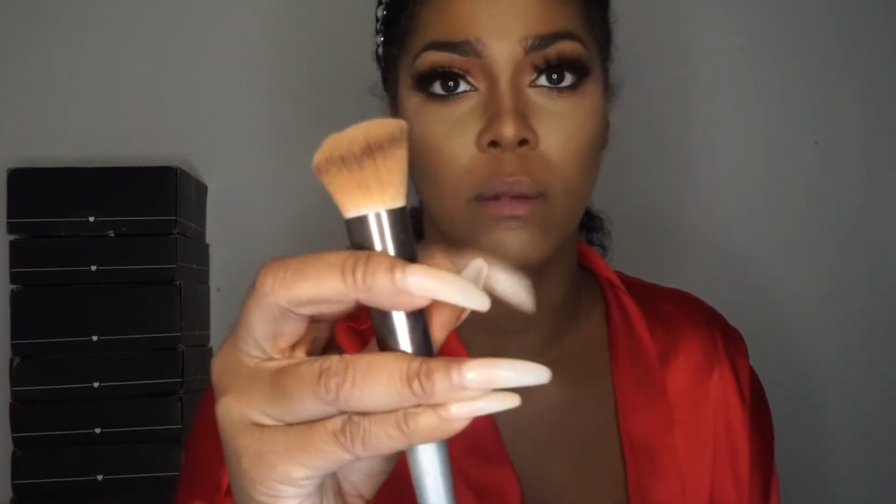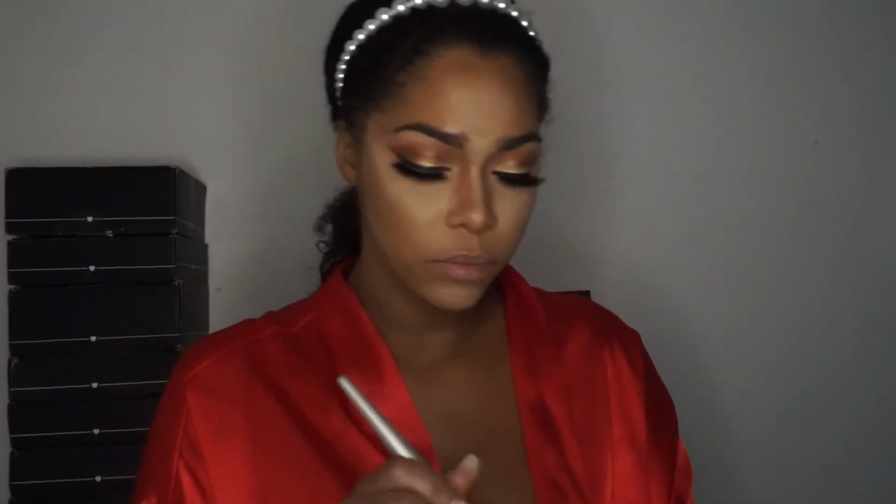This is in the color, I don't know what color it is, but it says 380, so that's the color. And then I'm going to be using this kind of rounded, angled brush that I have. This is the color, how it looks. I'm gonna just get that on my brush and